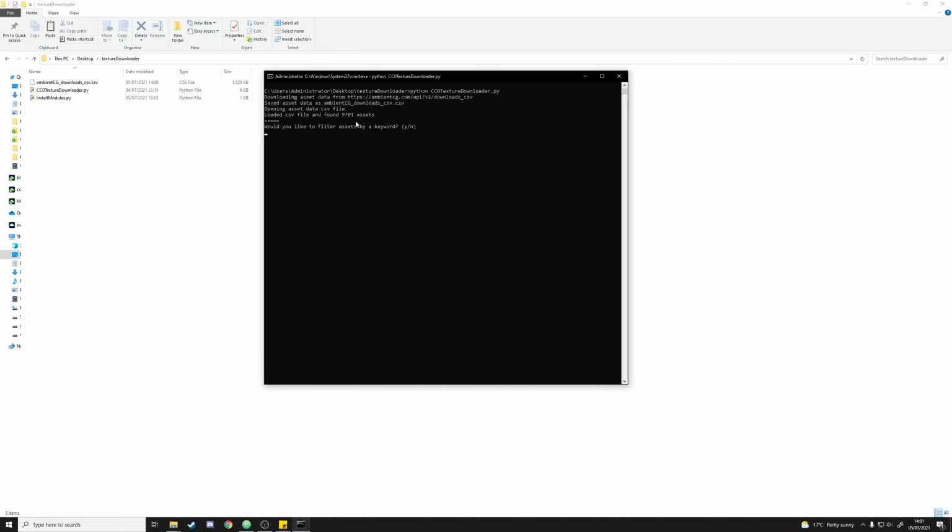Now we're presented with an option to filter assets by a keyword. What this does is it will look at all of the items in the list, and it's going to remove any that don't contain a keyword that we specify. So if I press Y for yes here, I do want to do that. If I type in wood, it's going to remove every single texture that does not have wood in the name somewhere. So I'm going to press enter, and then it's going to give me an option to filter by